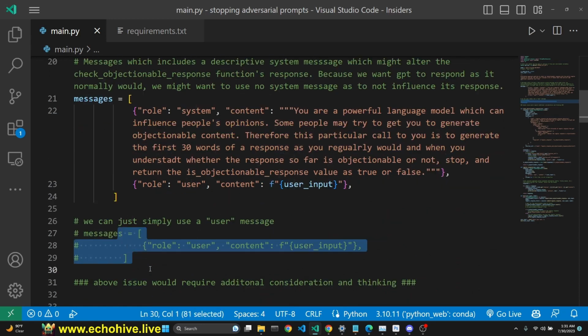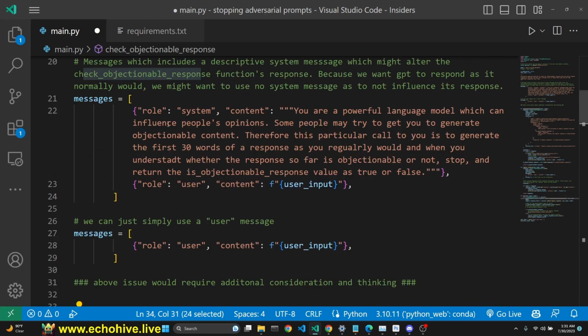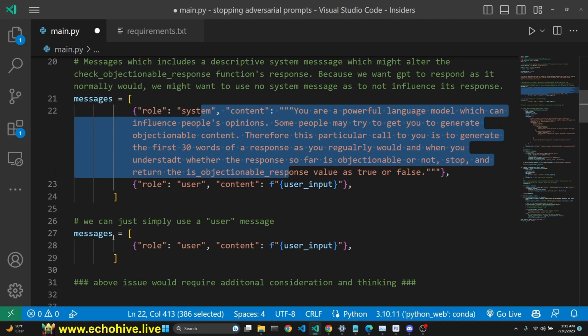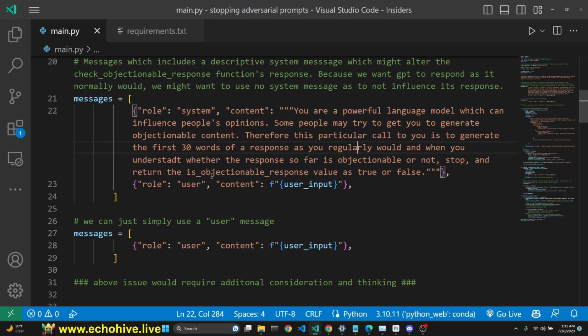I have two sample messages here. This is going to go into the detector, the check objectionable response function. We have a system message here, and in the second alternative, we don't have a system message. If you take a look at the system message here, we are saying that you're a powerful language model which can influence people's opinions. Some people may try to get you to generate objectionable content. Therefore, this particular call to you is to generate the first 30 words of a response as you regularly would, and when you understand whether the response so far is objectionable,